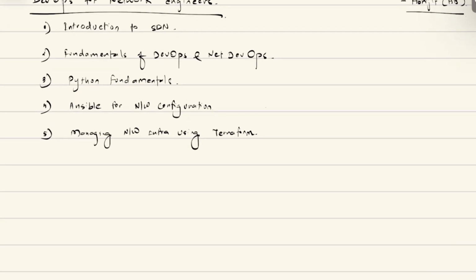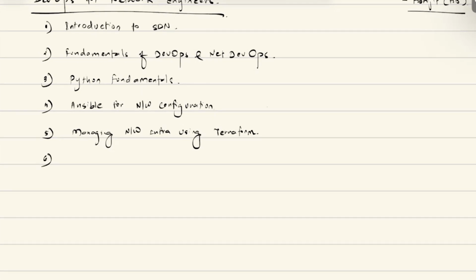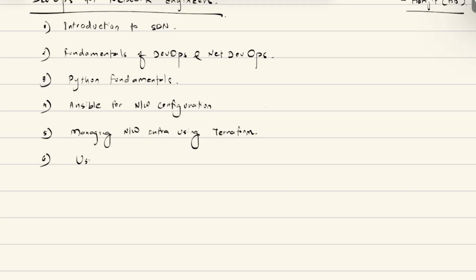And once you know these, you also need to understand the requirement of a version control system for code management.